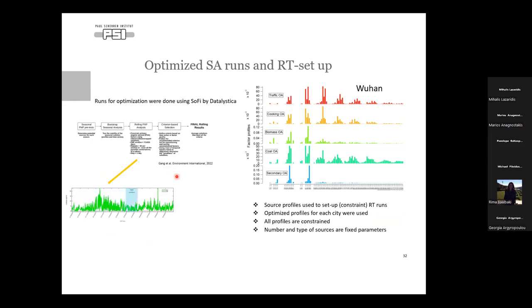So we followed this approach, which included seasonal pre-tests, bootstrap runs, and also rolling PMF and criteria-based selection. So we tried to implement all the tools that are available at the moment to do a comprehensive source apportionment. And by doing that, we got the source profiles that we used to set up the real-time model.